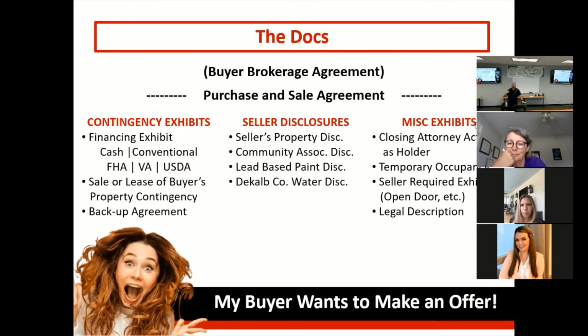Our seller's disclosures, okay? Those are gonna be part of our contract, and we'll have gotten those from the listing agent, but we need to remember to put our exhibit letters on there, put our offer date on there, have our client sign it. Those become part of the contract. And then we've got some other miscellaneous stuff that show up that we need to pay attention to and make sure. If we're having the closing attorney acting as the holder of the earnest money, we need the document for that. At 510, if the seller is going to stay in the house after closing, we need a temporary occupancy